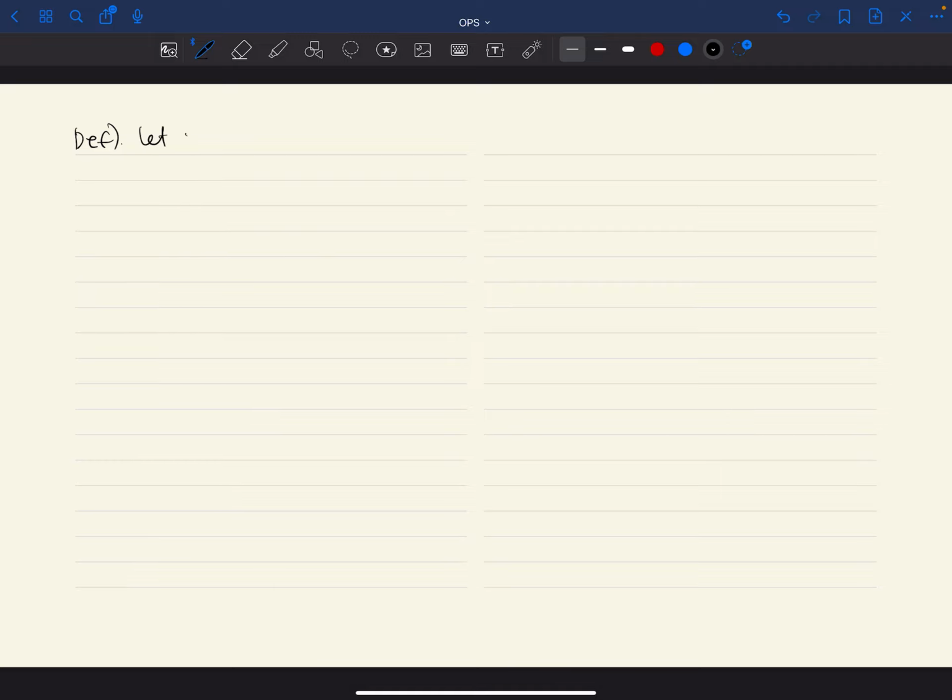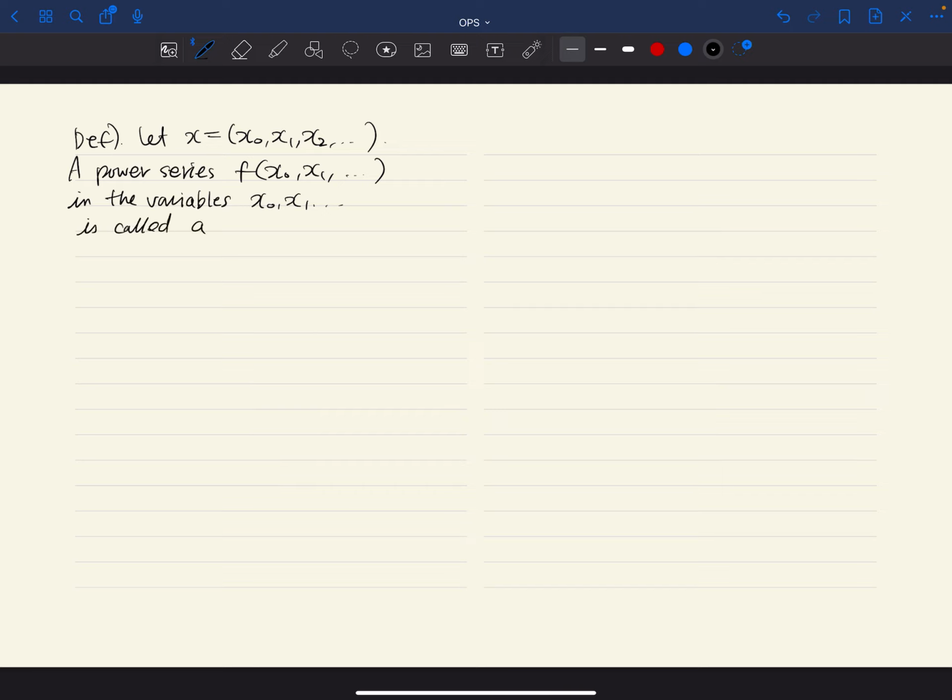Let's say x is a sequence of indeterminates, x1, like an infinite sequence. And a power series f of x0, x1, and so on. So we have infinitely many indeterminates, so in a power series we may have an infinite sum. Could be finite, it's okay. A power series in the variables x0, x1, and so on is called a symmetric function